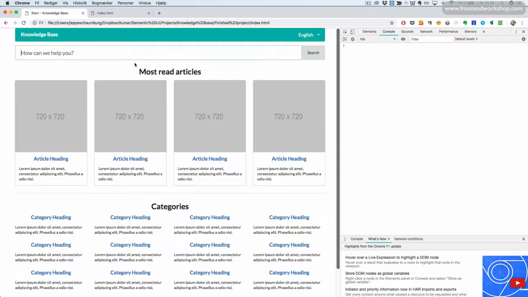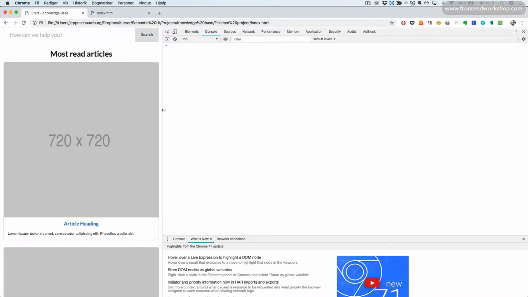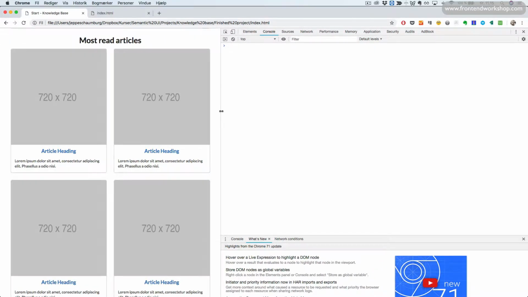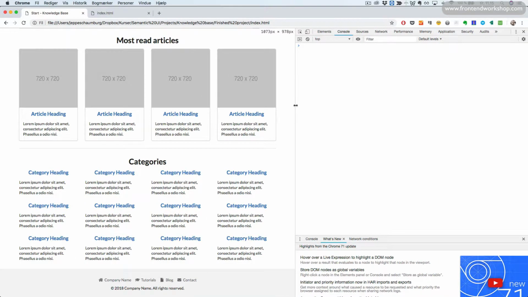We will now create the most read articles section. This is a 4-column grid. Initially, we can see that it's stacked on top of each other. And then when it reaches the tablet size, it will take up half of the available width, so it becomes a 2-column grid. And when it reaches the computer size, it will become a 4-column grid, taking up a quarter